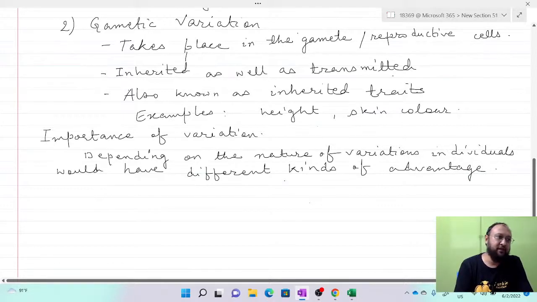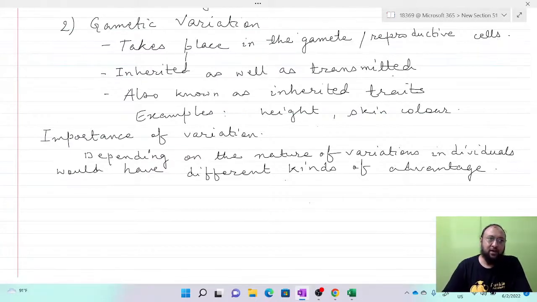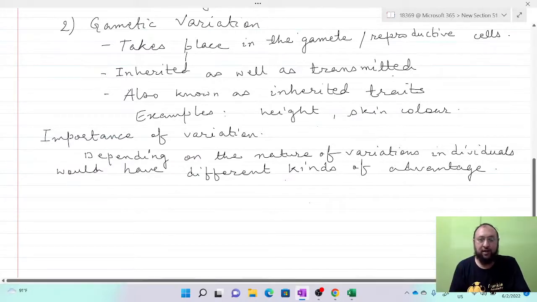What type of variations? For example, bacteria that can withstand heat or that can survive at very high temperature. So that has got an advantage for surviving at very high temperature. That variation which has occurred in bacteria to survive in the heat gives advantages for that bacteria. So this is number one, and number two.